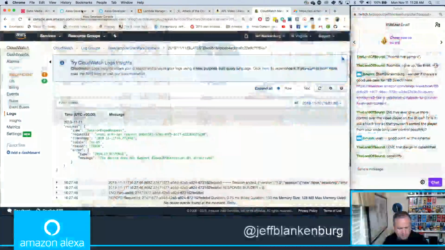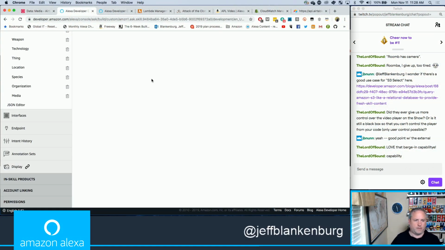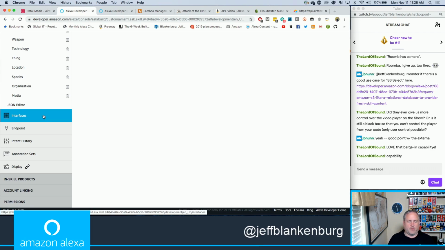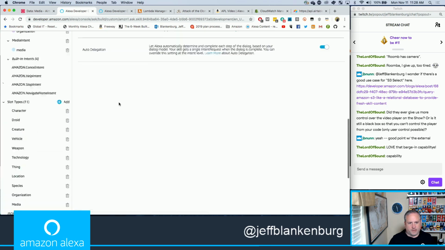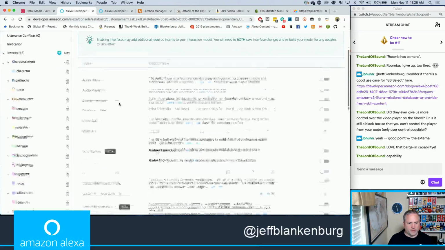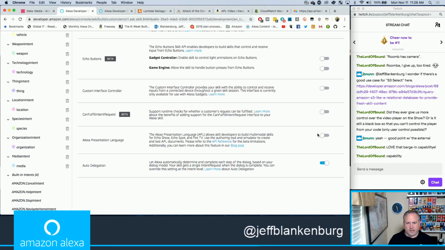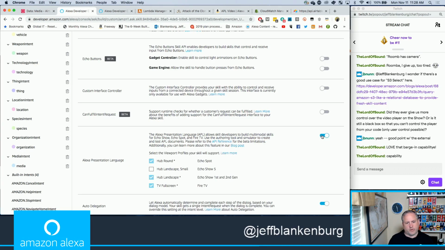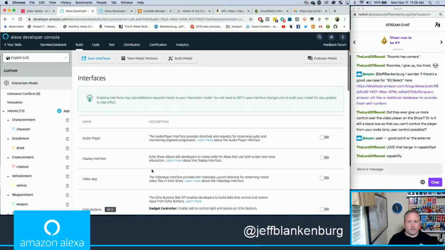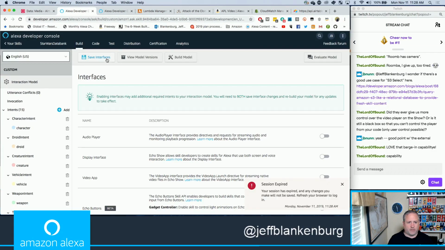What am I doing? Oh, I know what it is. In here, interfaces. It's never going to let me do this if I haven't told it to turn on APL. I had the same issue with my TKO trivia skill, and we can turn all of these on, that's fine, but I hadn't turned these on. So I need to do that, and I need to save,